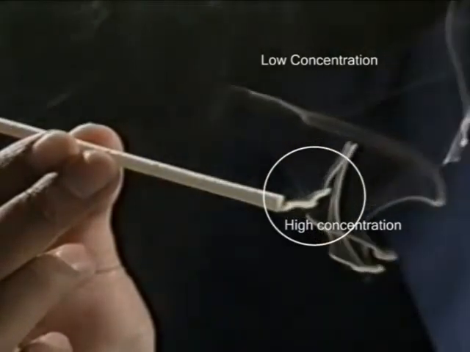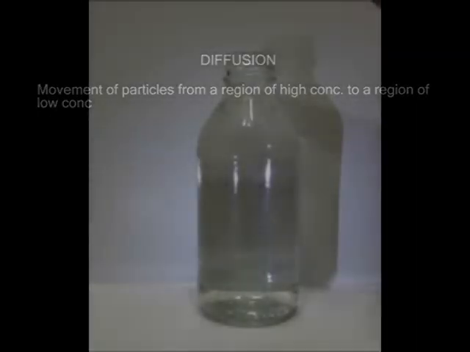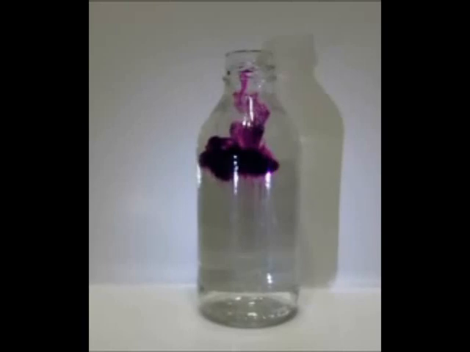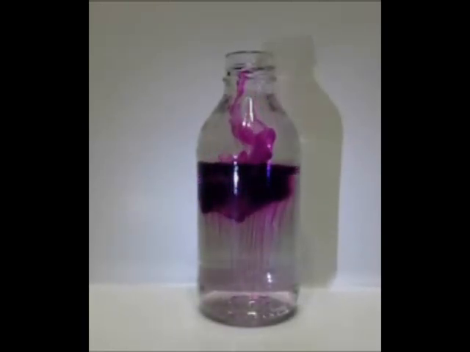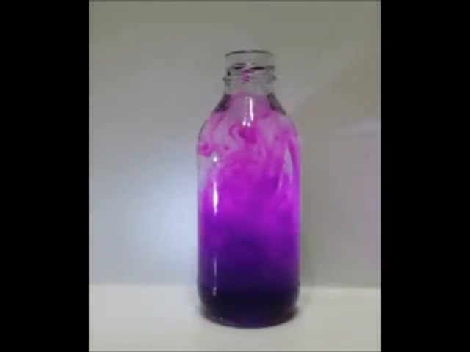This process is called diffusion, and it is defined as the process by which particles spread from a region of high concentration to a region of low concentration. Diffusion occurs in both liquids and gases. If you put a few crystals of potassium permanganate in a jar of water, the purple color spreads throughout the water until we have a uniformly colored solution. The particles spread from where they are highly concentrated to where they are in low concentration.